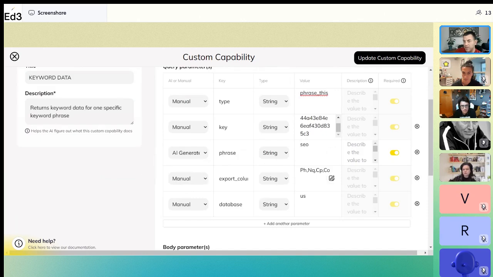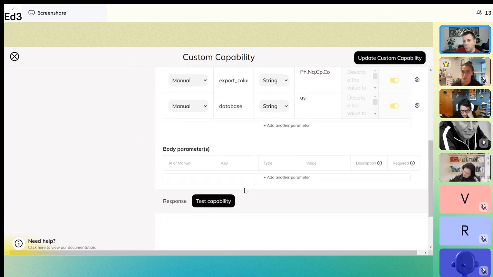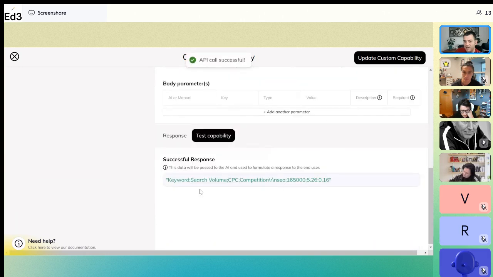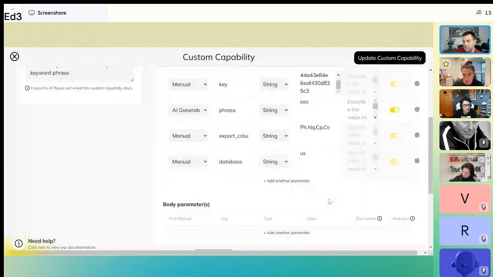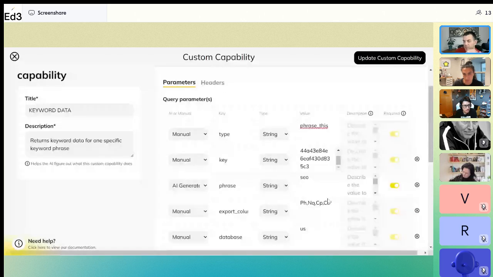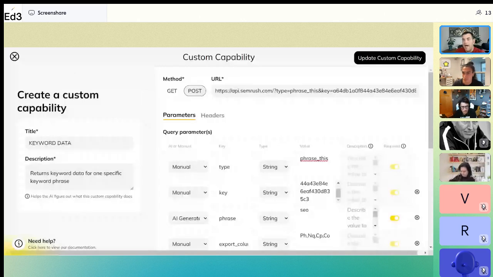To test it, I have the word SEO. So I get a successful return. Here is the actual data from the database to the API for the keyword SEO. It has 165,000 in volume, and the competition and the different values are there. I know what they mean and how to return it back. But now this allows me to go at the API for SEMrush, and most large tools have